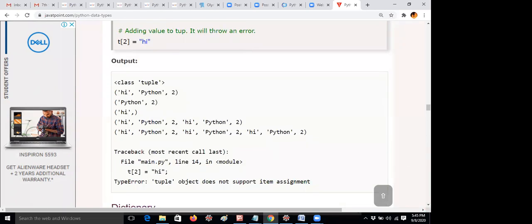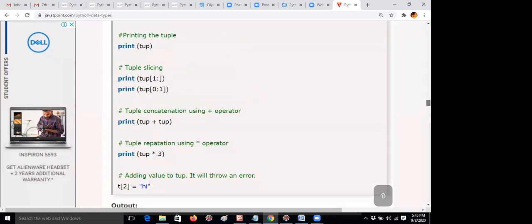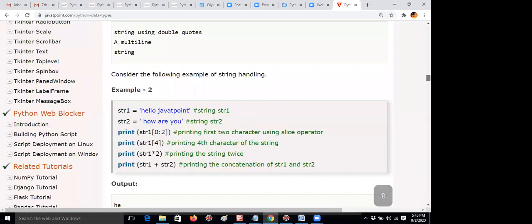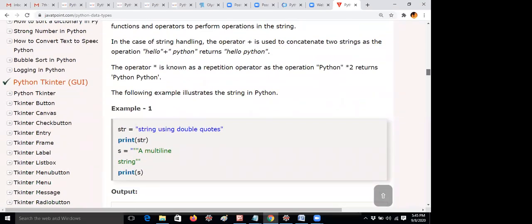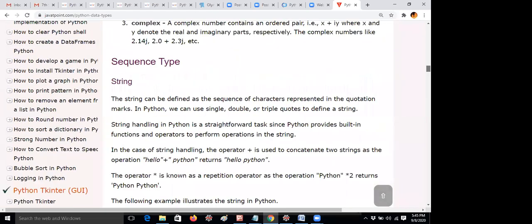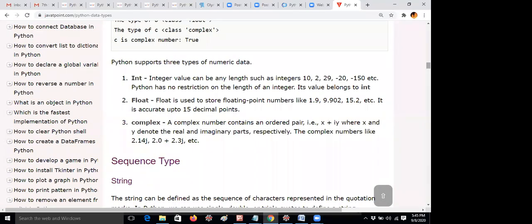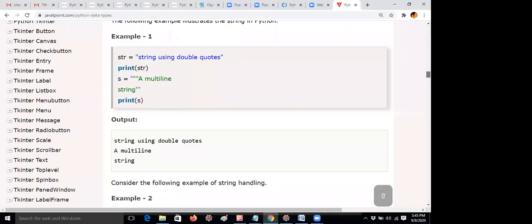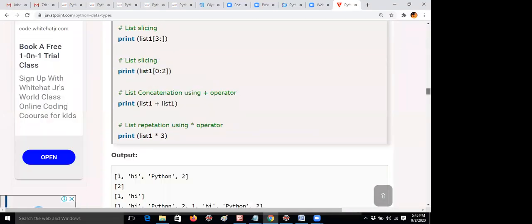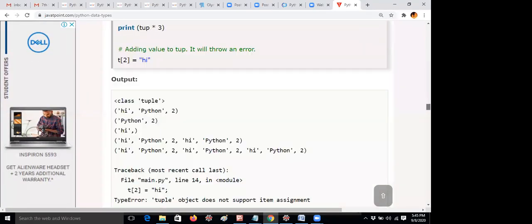This is a simple program containing all the operations of a tuple. Likewise, you can check the list also. For example, if I teach like this way, the data types topic would definitely be completed in one day. I don't want to do it like this, but from an exam point of view, you can do it like this, because all the operations are performed in a single example.